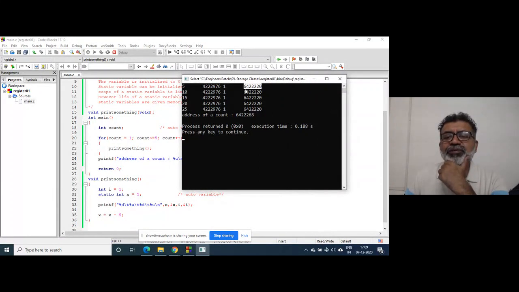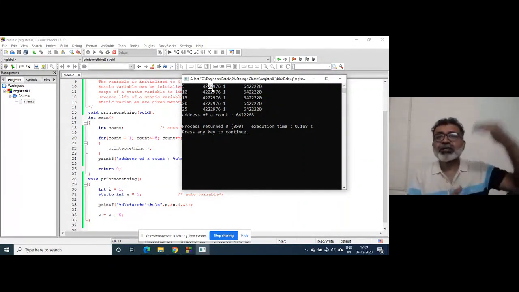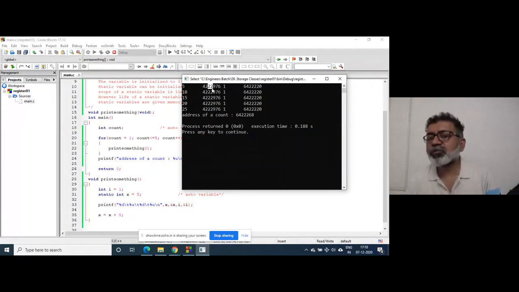So you can see the difference. This is somewhere around 64 lakh 22,000, and this is 42 lakh 22,000. So there is a huge difference, which I showed you yesterday, between the stack and the static or global area.